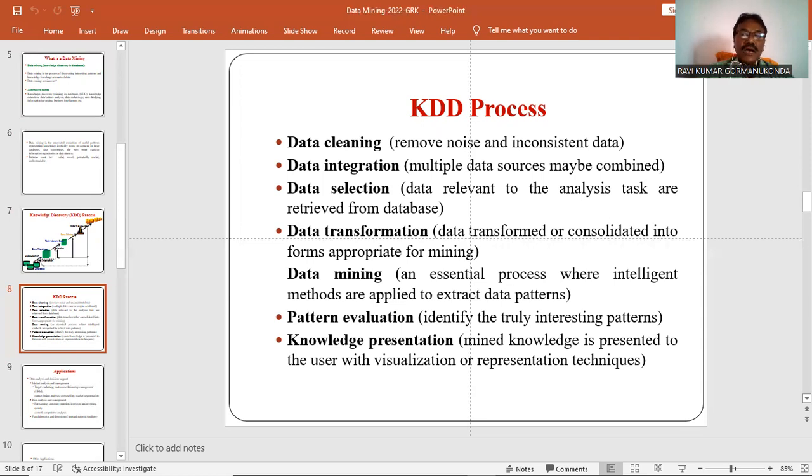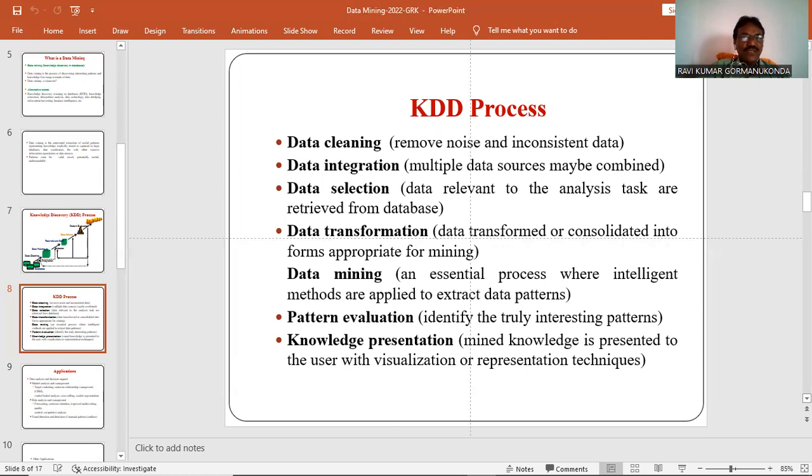Then after applying the data mining technique, you discover a pattern. The pattern may be evaluated with some metrics to see whether it is an interesting pattern or not. After discovering the pattern, you must evaluate it for being interesting or not interesting. There are some threshold values, some threshold metrics.